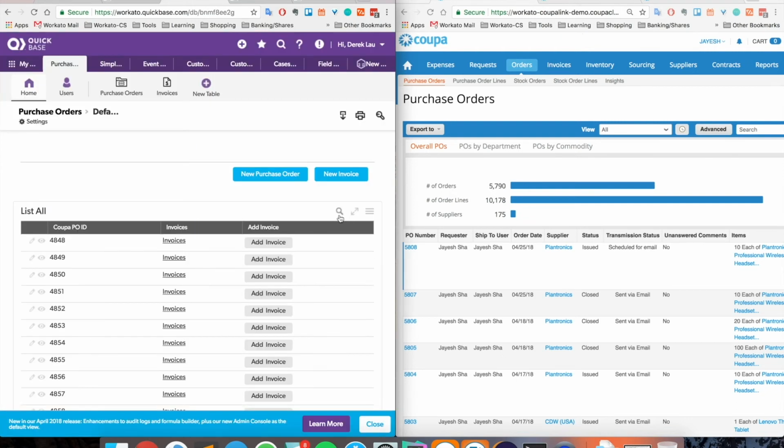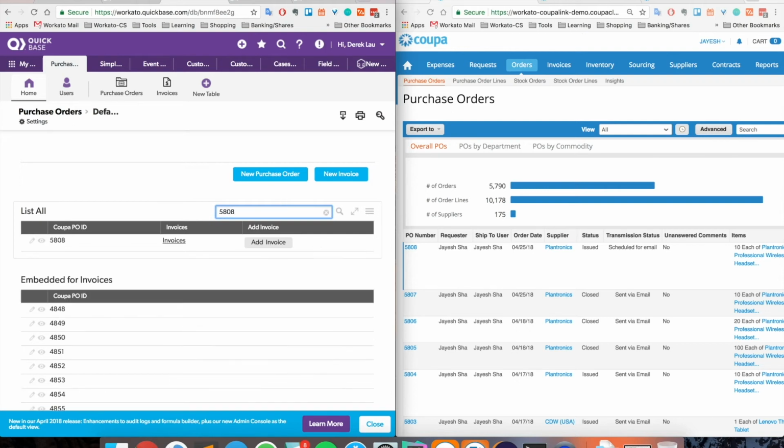and we do a search for PO 5808, we will see that there is one PO here with an ID from Coupa of 5808. So now that we know that the PO is actually inside Quickbase, we can proceed to the next step, right? Which is to receive the items in Coupa. So now the supplier has received the PO. He is going to fulfill the PO and send the items to the customer,